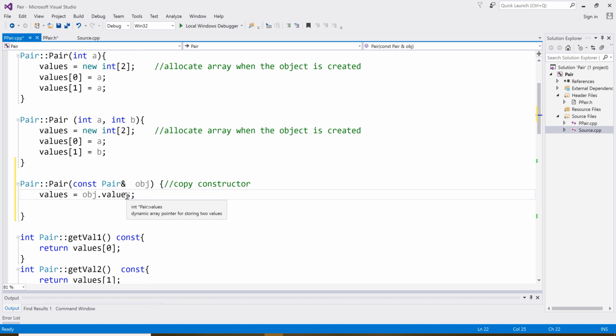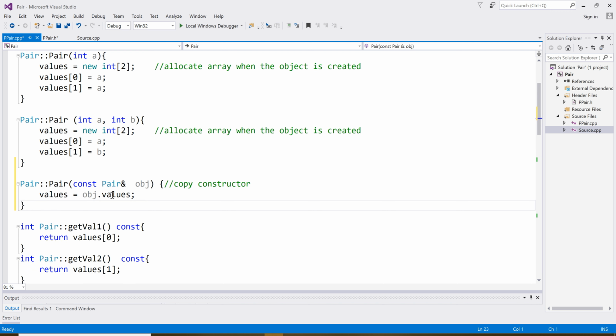So here, values is the variable in the new object, and what am I initializing it with? I'm initializing with obj.values. Now, that seems reasonable,